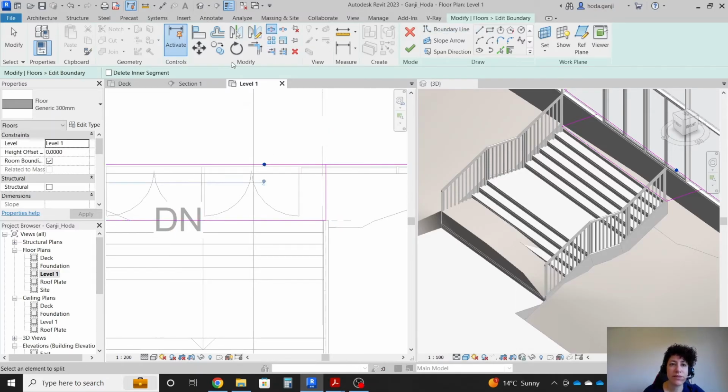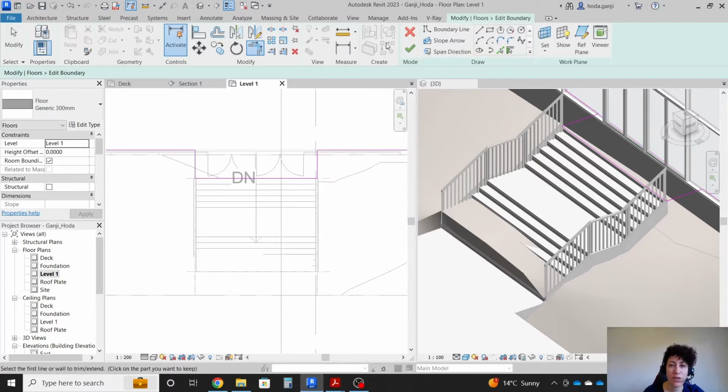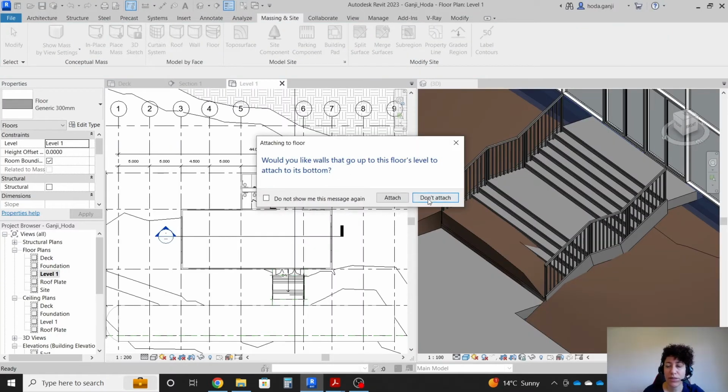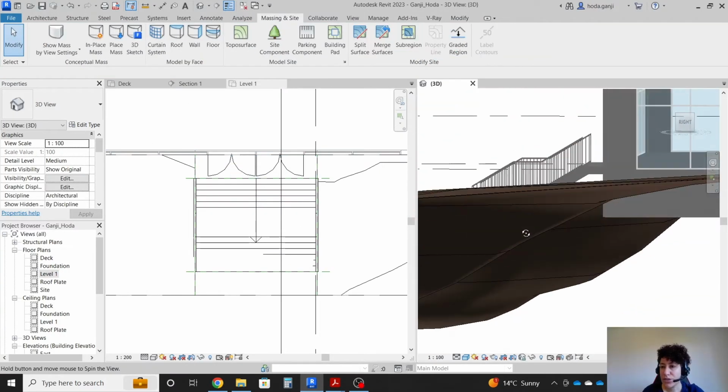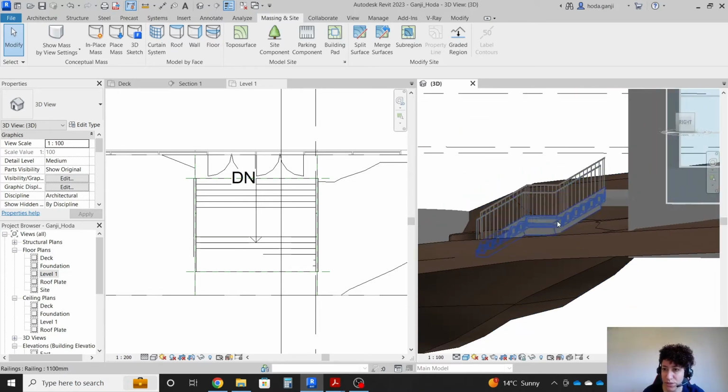Split this, cut this here and trim it here. That's better. Don't attach. And it's okay if this part of the stairs is suspended in the air,